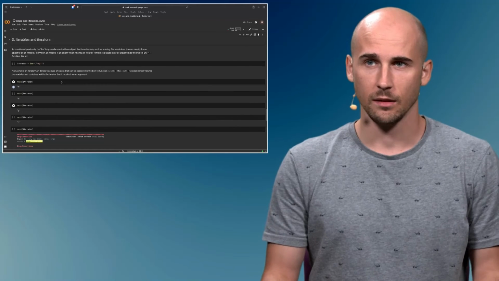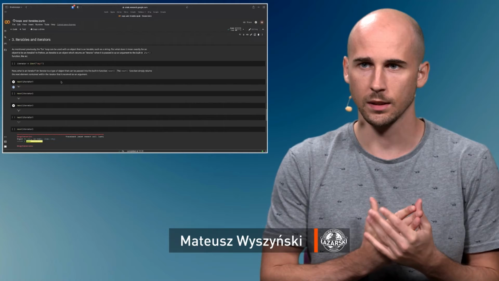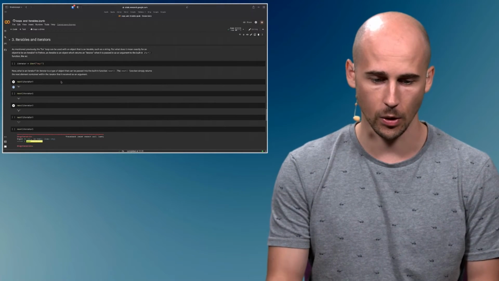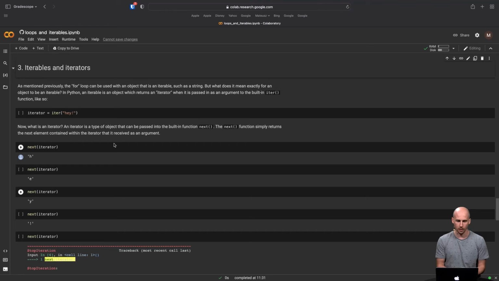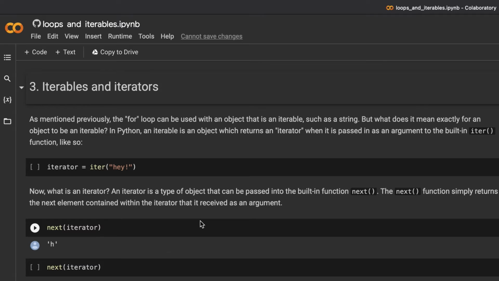Okay, so let's have a look at what iterables are in more detail. Let's understand them a little bit better. Basically, an iterable is something where we have an iterator. This probably didn't explain much, but what is an iterator? Well, you can think of an iterator as a machine or some guy which just tells Python what is